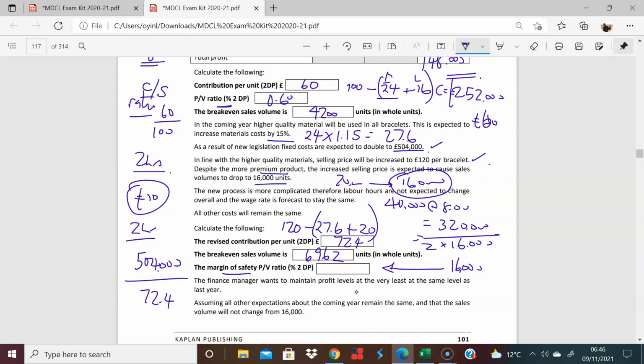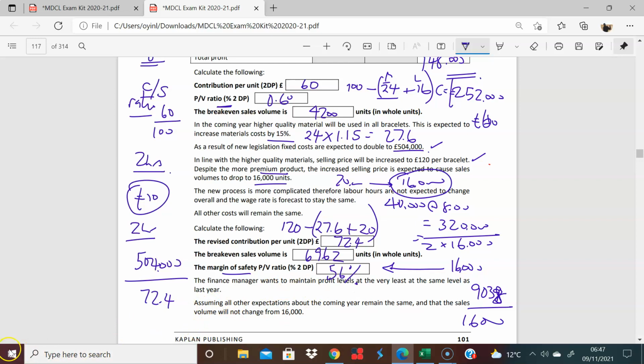I will subtract that from 16,000, and I will divide that. That number of units is 9038, and I will divide that by the 16,000. Remember, it's a percentage, and so I have 56%. So pretty strong